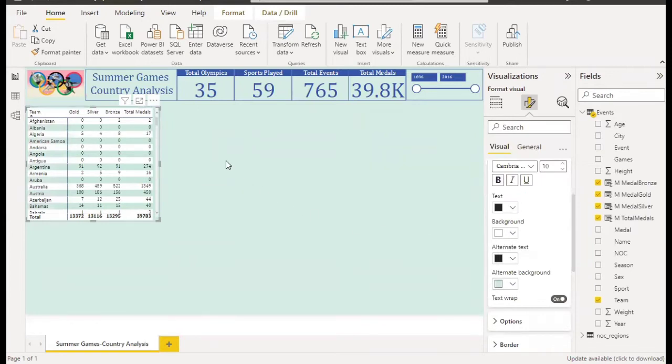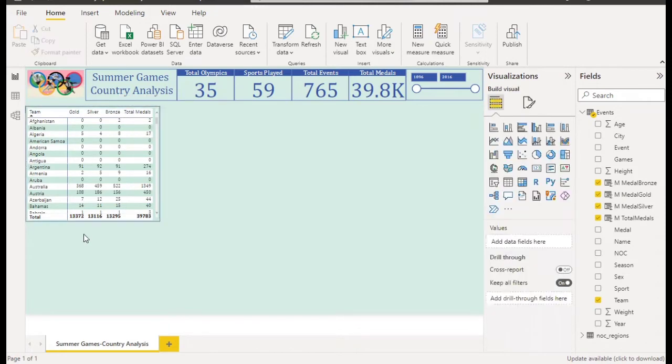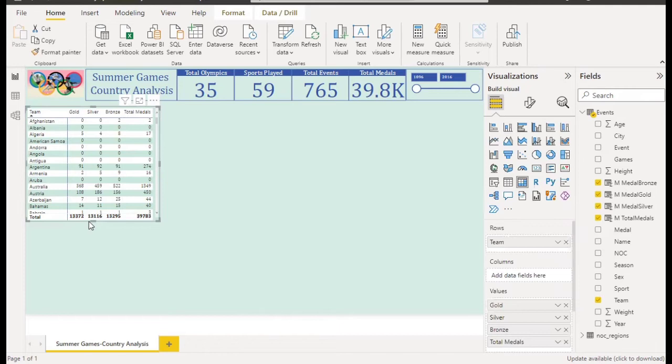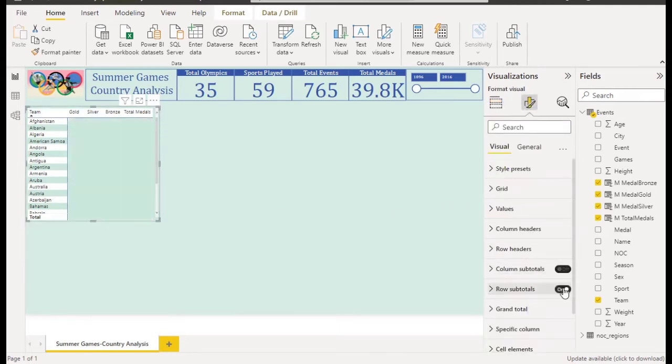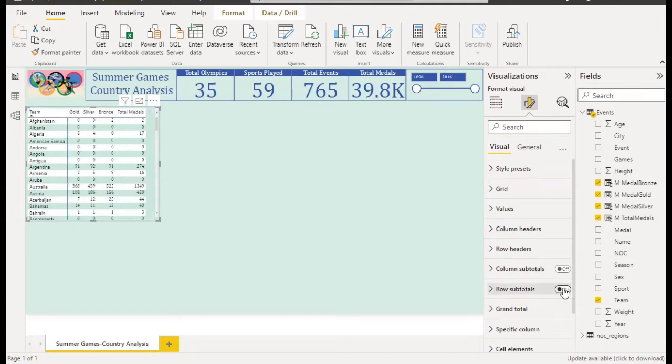And yes, it is now looking better. It's the same color as the background, and we don't need bottom as well. Subtotal column we don't need. Now it is looking much better. So squeeze this more,